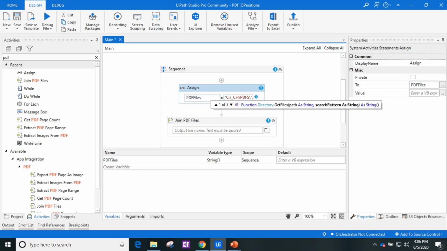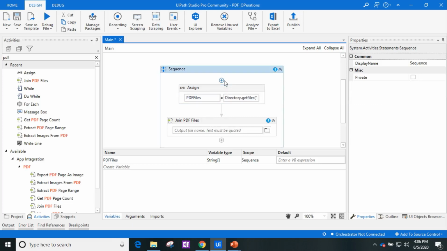The next parameter is search patterns. So let's provide the pattern as *.pdf. This will only get the PDF files. There may be possibilities that there may be files that are not PDFs. Okay, so now we have the file paths in the array as in our PDF files variable.